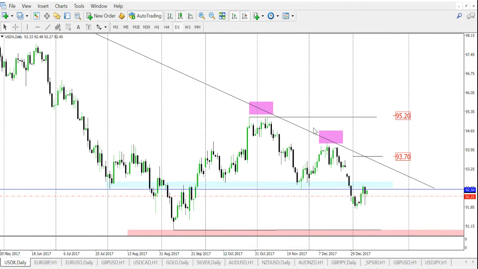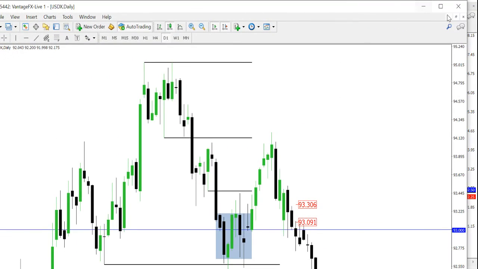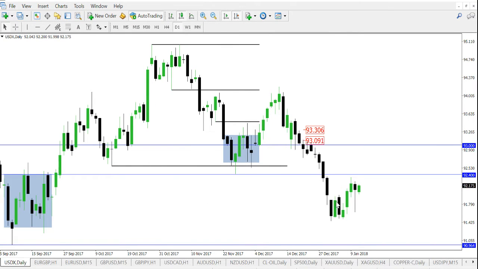I'm just going to zoom in a little bit here. I've got a little bit of a gap in my data feed here, which I discussed on Tuesday. What you want to do is make sure you verify that this gap exists on other platforms. So I've got another platform here that I analyze the markets with. I don't have that gap on this, so